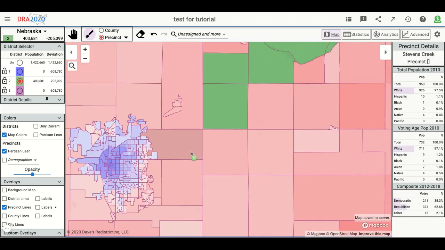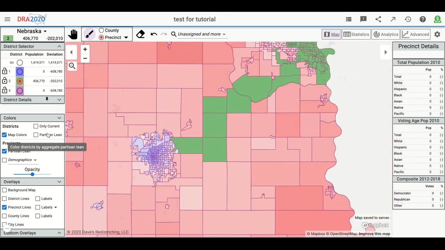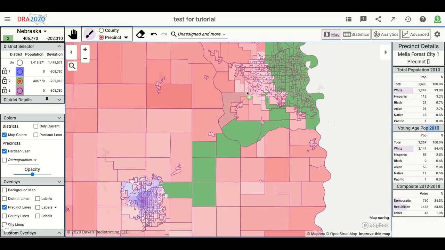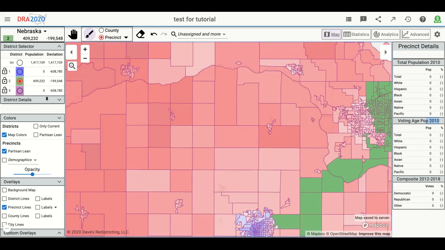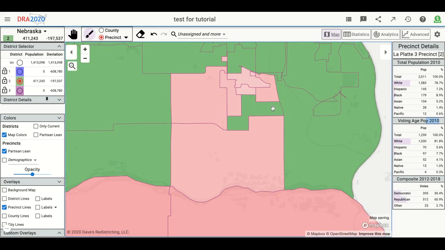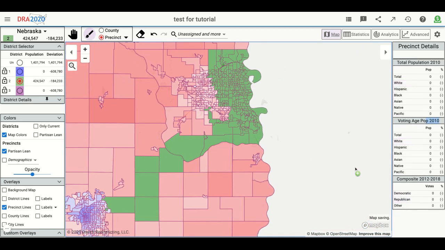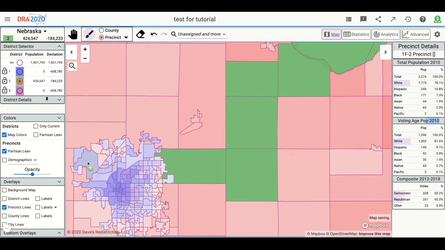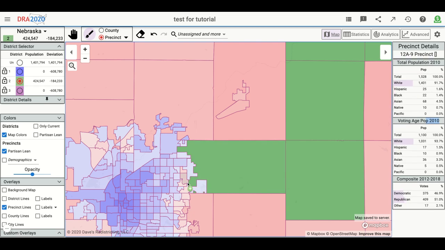So what we're going to do here is we are going to grab these precincts, and now we've made our way to Lincoln, and the district's still pretty blue, so we have some breathing room. And if you want, I like to do this because this is kind of annoying. To make it look a bit less gerrymandered, you can add in some space around it if you have a little breathing room. If you don't have breathing room, do not do that. You don't need to, but I like to do it because it looks weird when you just have it connected barely. So now we've got 184,000 people short of making this a solid blue district,